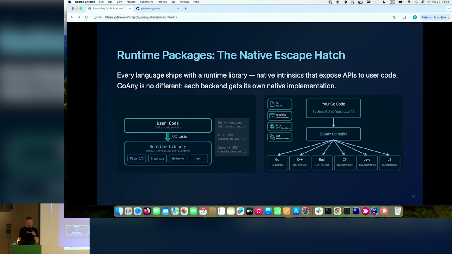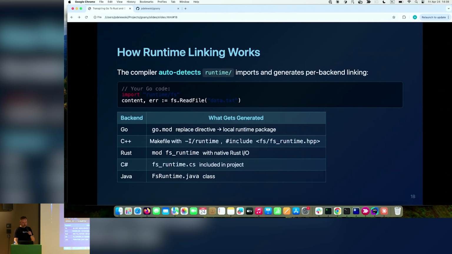Basically, you need that for some I/O. So this slide shows that GoAny also comes with I/O support for reading files, for network operations, and some other things. And that's how we link that